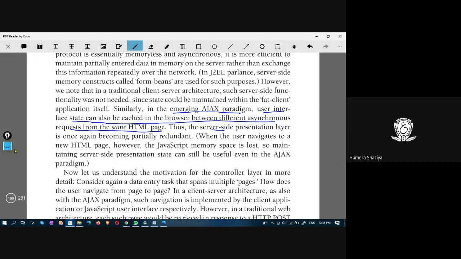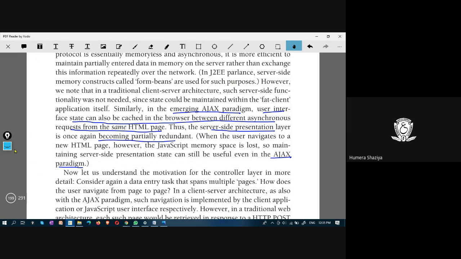Thus, the server-side presentation layer is once again becoming partially redundant. So when the user navigates to a new HTML page, the JavaScript memory space is lost. So maintaining server-side presentation state can still be useful even in the Ajax paradigm. Once you travel from one page to another page, sometimes you will lose the memory space.